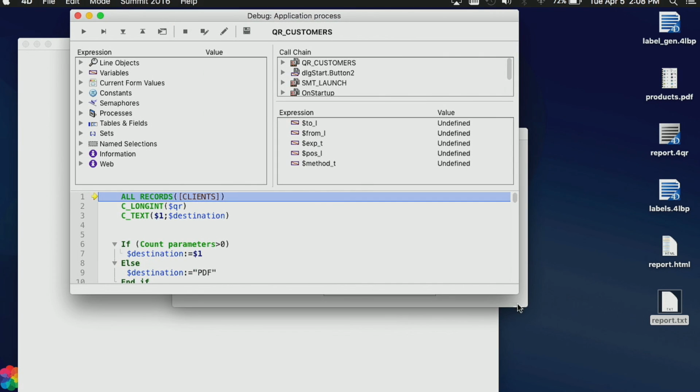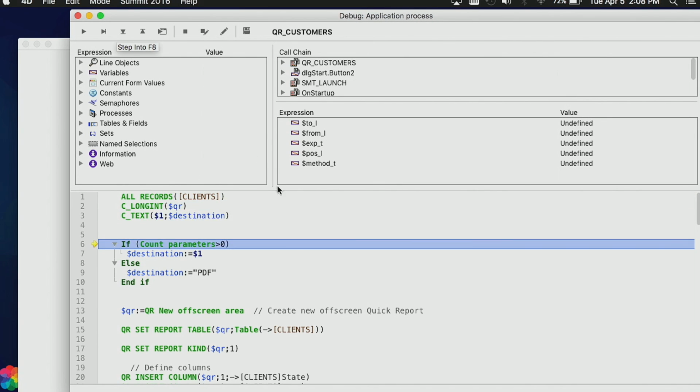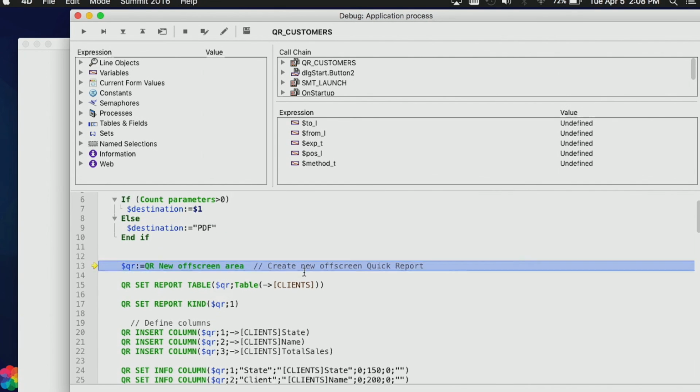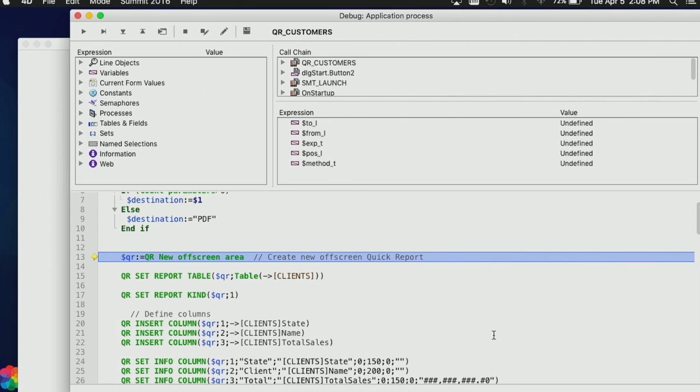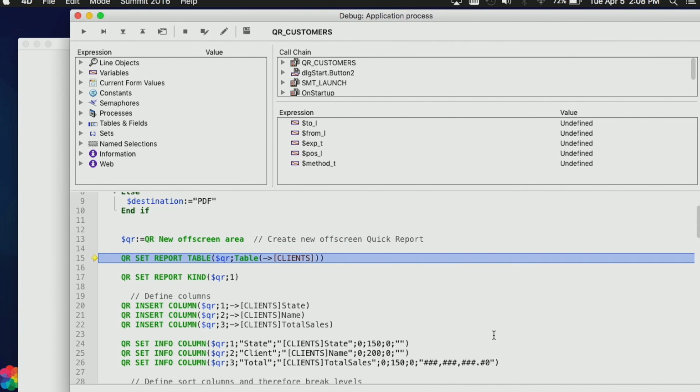So I'm creating my current selection with all records. And then I create a new off-screen area. All the different commands. Do you use this in your applications? Yes. Yeah, so you create your report